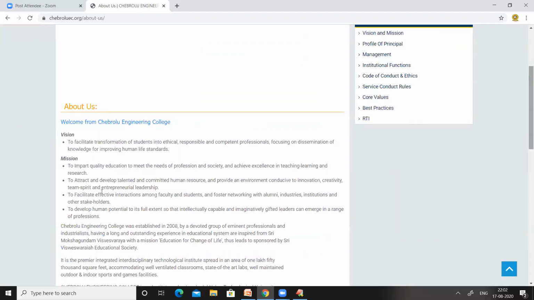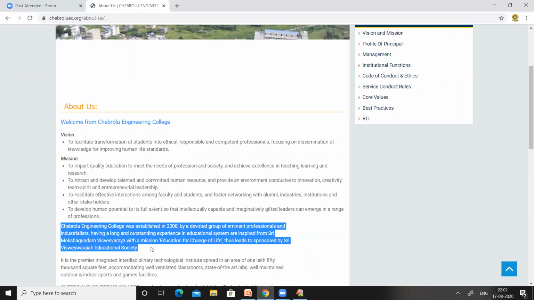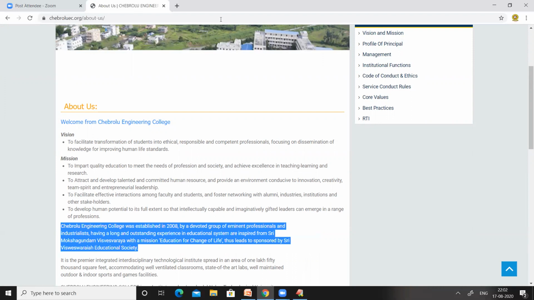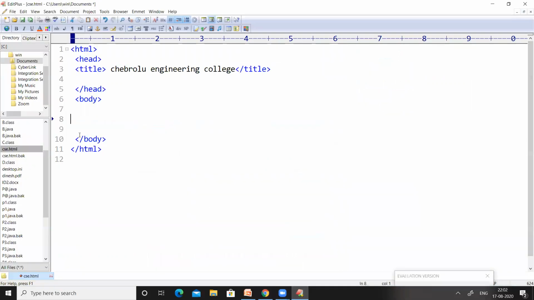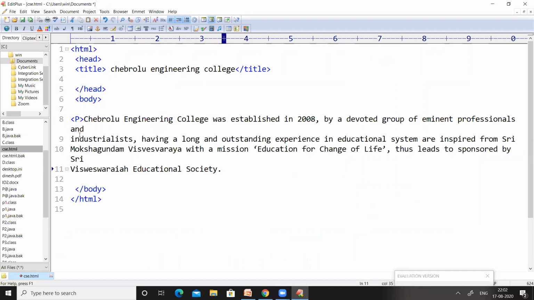Okay, let us copy the text which was here. Okay, I'm copying this text and then I'm going to work on this text in our program. So let us use a paragraph tag in order to represent the text which was here in a paragraph.